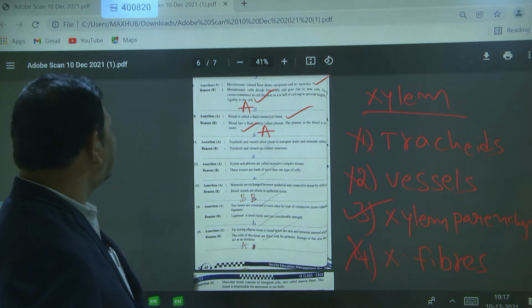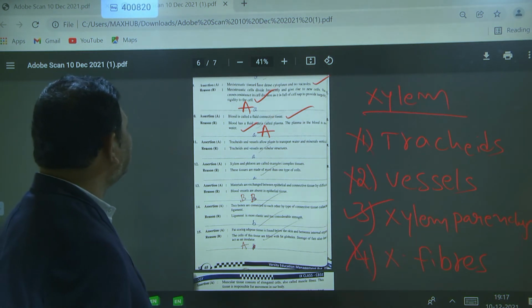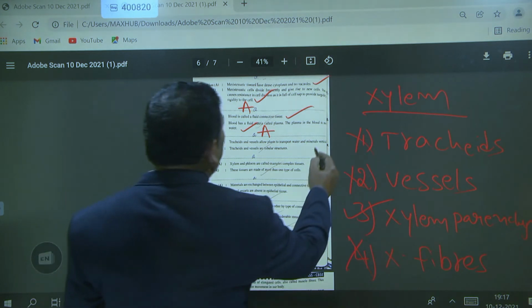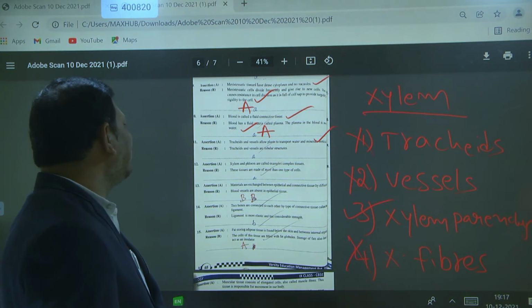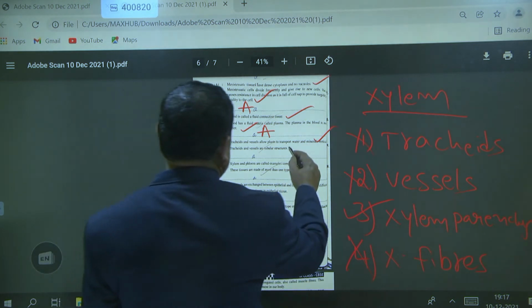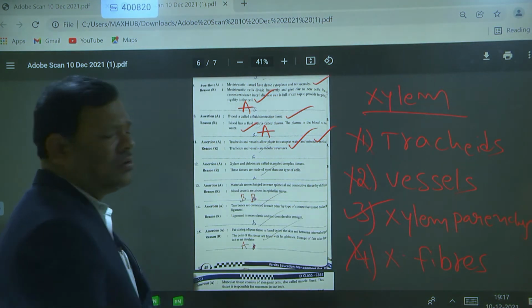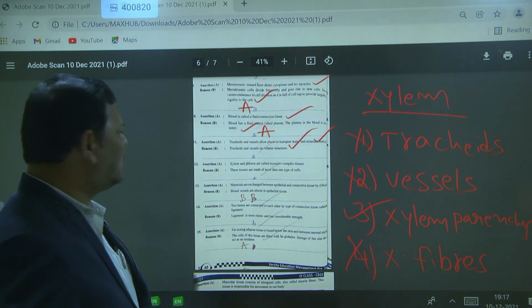Here, what is he asking? Tracheids and vessels allow the plants to transport water and minerals vertically. This is true. Tracheids and vessels are tubular structures. This is also true, sir. So that's why